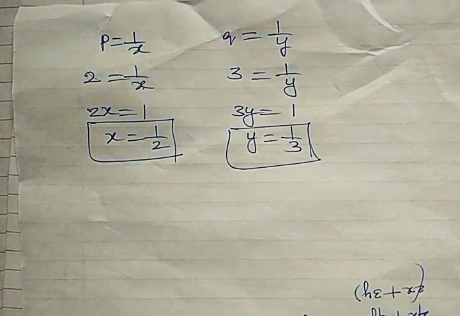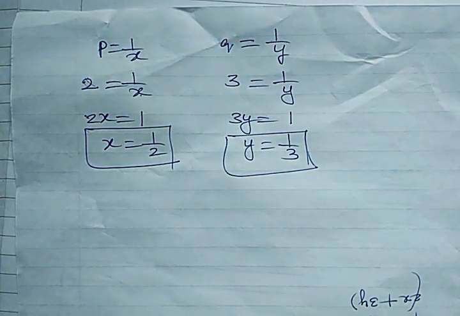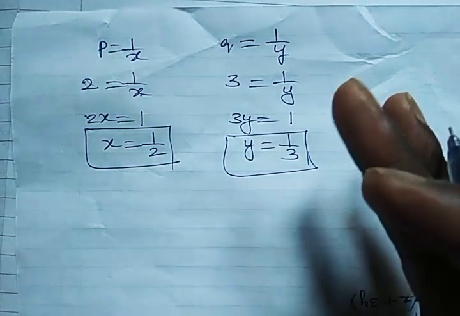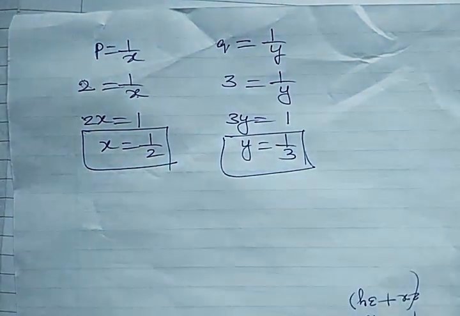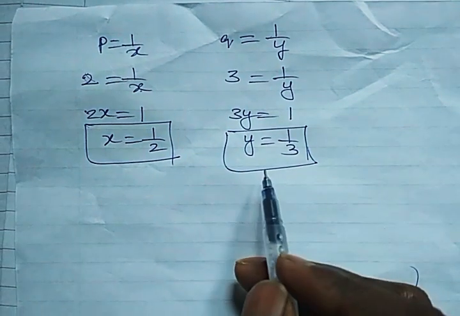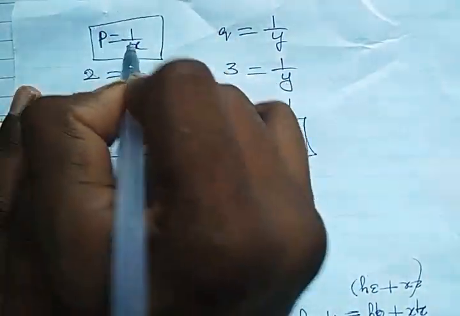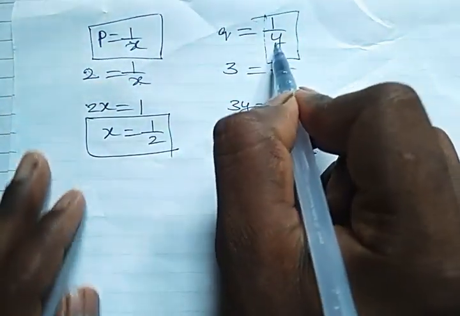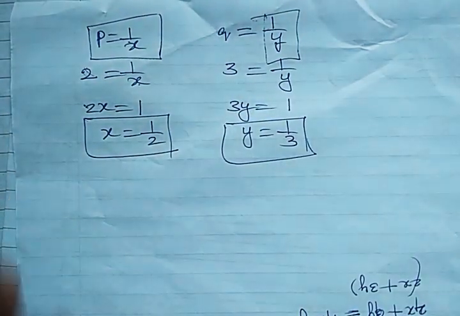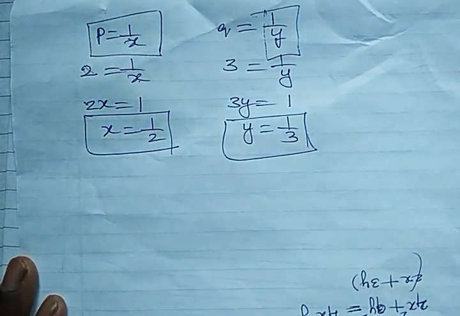So for finding xy values, here we have used one of those three methods, but the concept here is to convert the given equations into linear equations. Given equations are not in linear form, so we converted them into linear equations, and then we assumed that 1 by x is equal to p and 1 by y is equal to q, and then we followed it. In some other cases questions may be given like this.